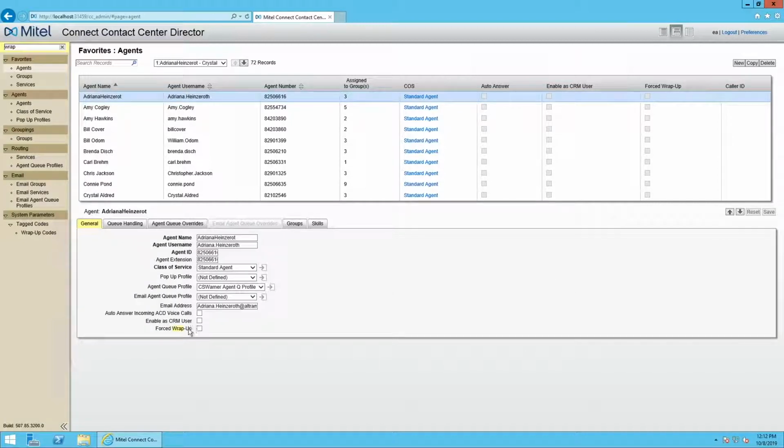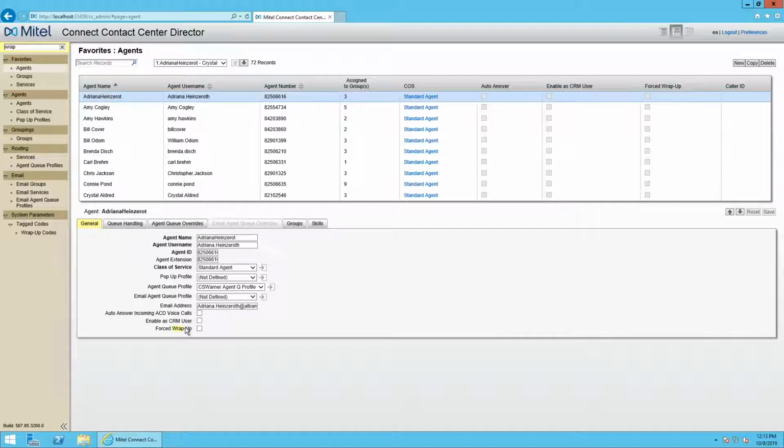If you're going to use wrap-up codes and you want to make sure everybody's using wrap-up codes, as a general rule, just make sure all of your users are set to use forced wrap-up, and that will cover your bases there. So between the class of service, the actual wrap-up codes that we created, and the agents list, we've now set up your agents to be able to use wrap-up codes, and we would be able to force your agents